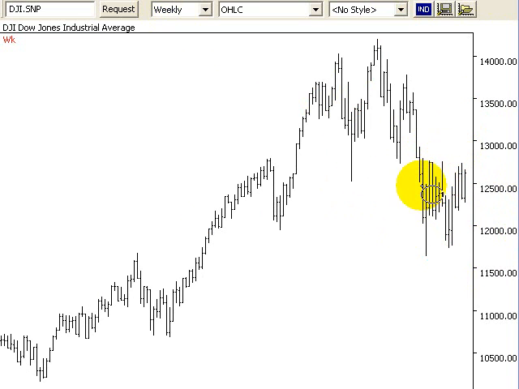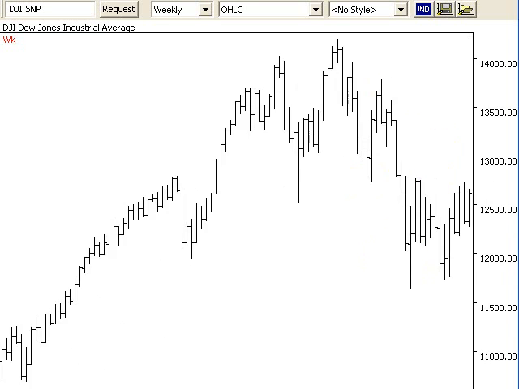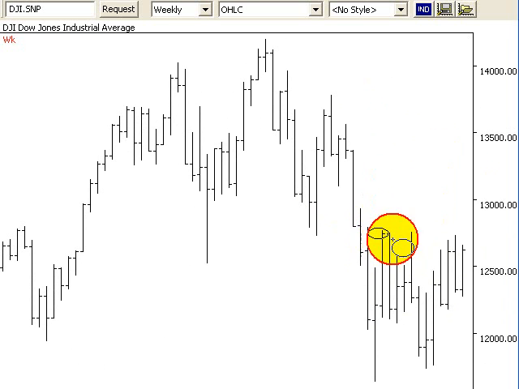The Dow chart is having conflicting signals, and I don't think it really knows what it wants to do at the moment. This is the Dow chart, which is the top 30 stocks. Let me open up the chart a bit. We have a high, an equal high, and at the moment this is a lower high. But look at this, we have a low, a higher low. Now, that's indicating that the buyers want to take control through here.